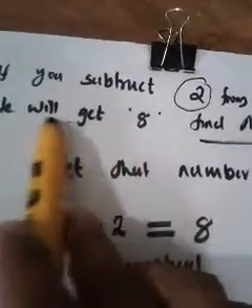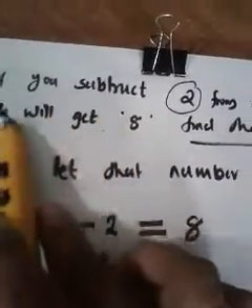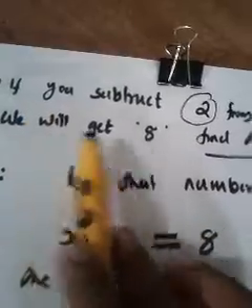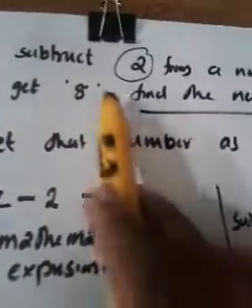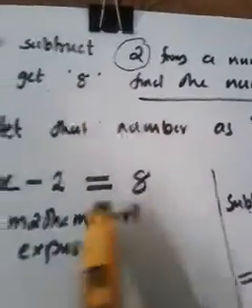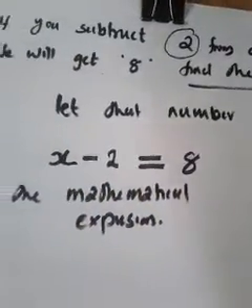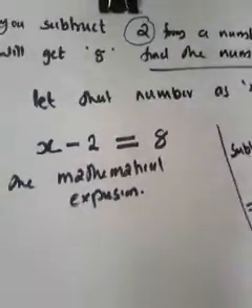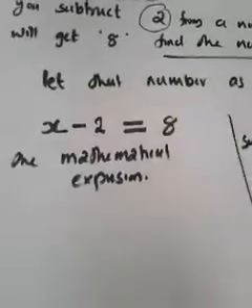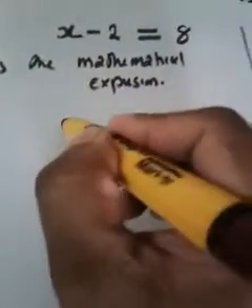And we will get is stands for a result. How can we mention the result mathematically? By giving the equality sign. And what is the result? 8. So x minus 2 is equal to 8 is the mathematical expression. Then we can easily solve this expression. You know how to solve this expression. You know it very well. How can we solve this expression?